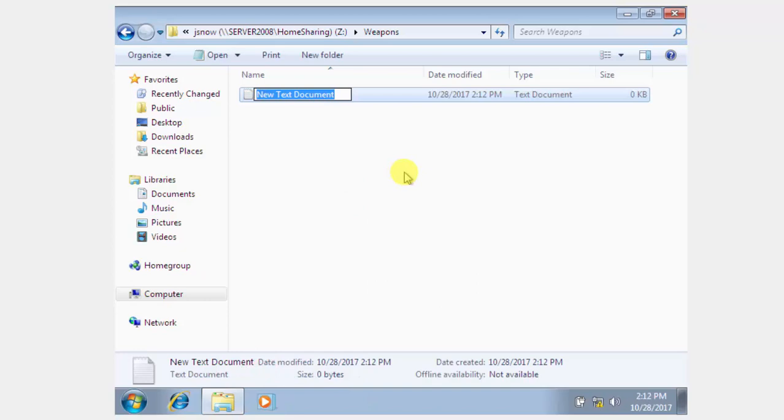I'm just creating document like files and folders so that I can show you that whatever he does in this computer can be seen in another computer. So as long as he's logging onto the server,